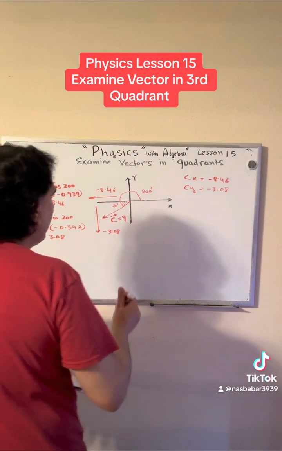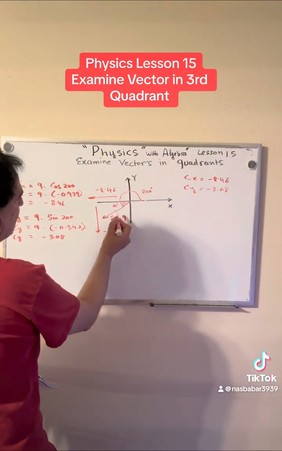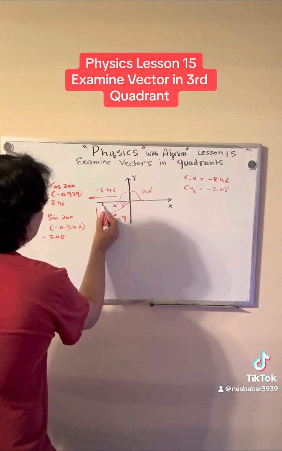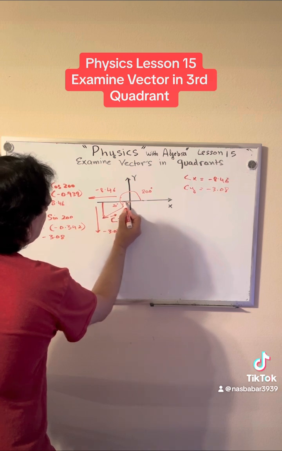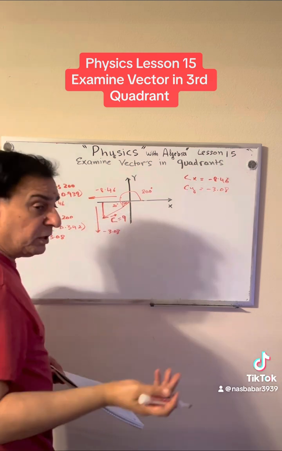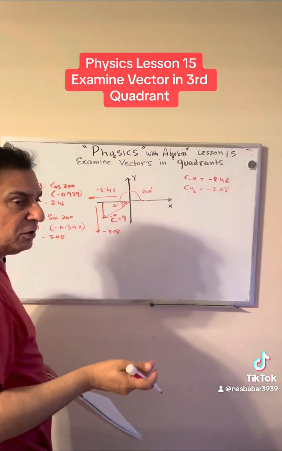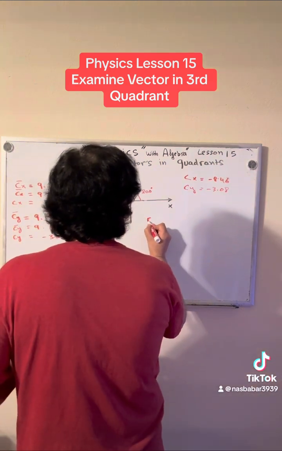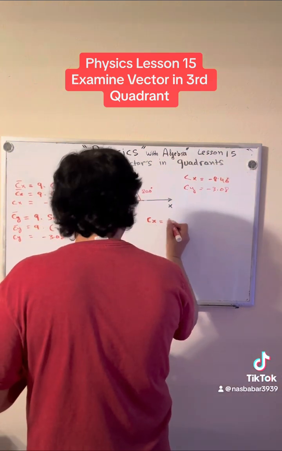Obviously we can use this right angle triangle also like this, and we can use this shaded part right here, which is 20 degrees. So the question is, should we get the same answer or not? Let's give it a shot. So in this case, c x is equal to 9